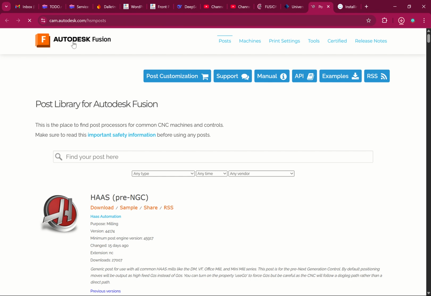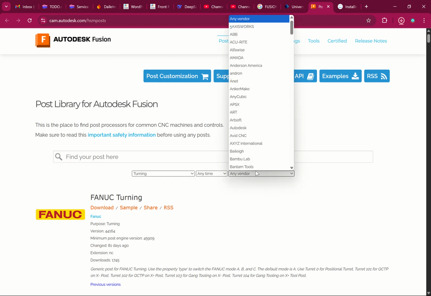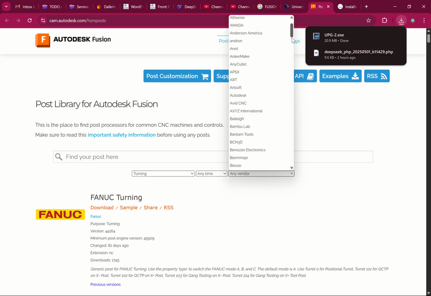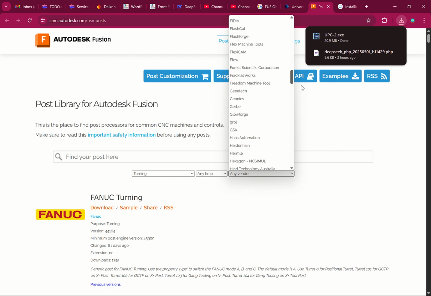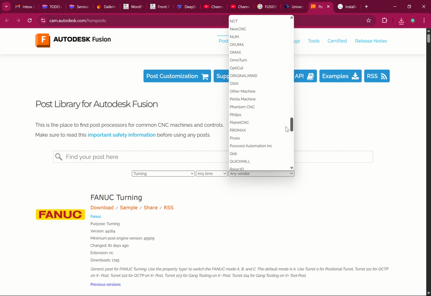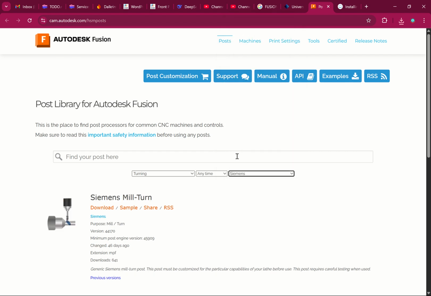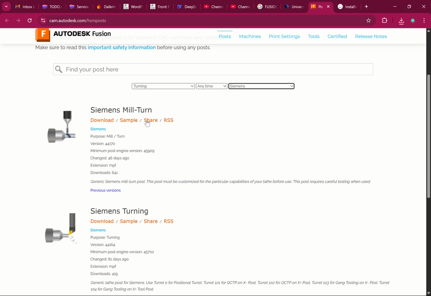and install. For example, now if you're using Autodesk Fusion, here you can search turning. This is from cam.autodesk.com post processors, and then you can put maybe the vendor. I want to use vendor as Siemens. S, for example. Go to S, it is here, Siemens. Then it tells you if your machine is